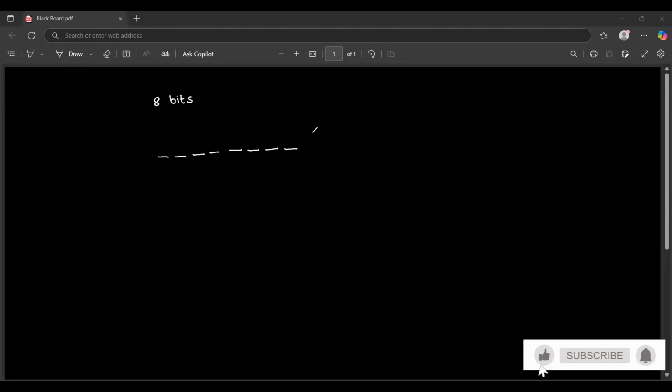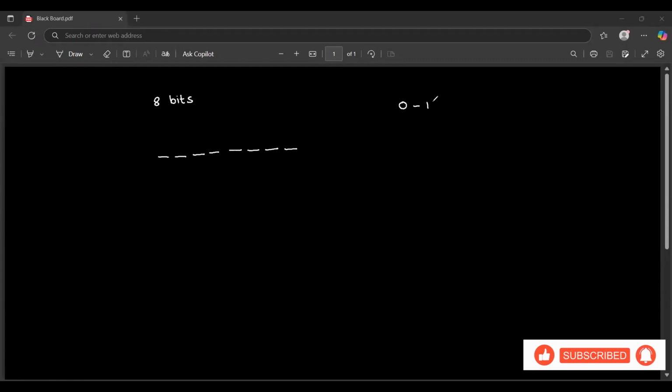What happens is, if a number is positive, you just write down the number using the 8 bits, and that's it. That's all you're going to do. Since we have 8 bits, the range that you can represent by using ones complement for positive numbers is